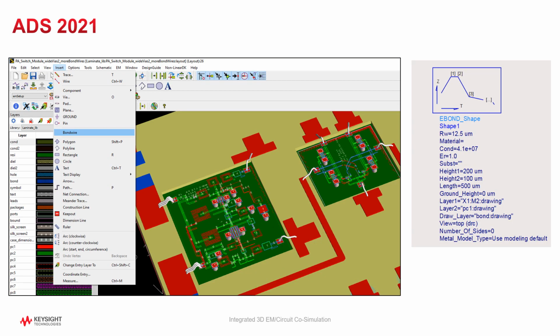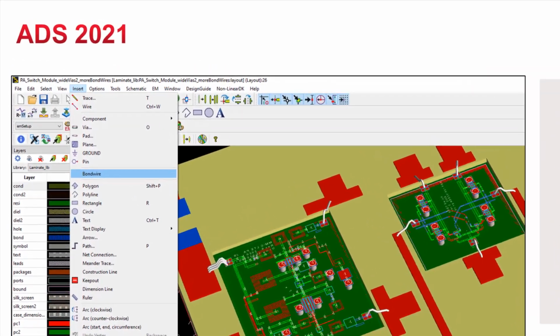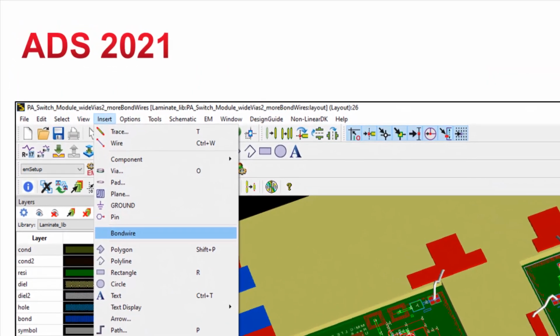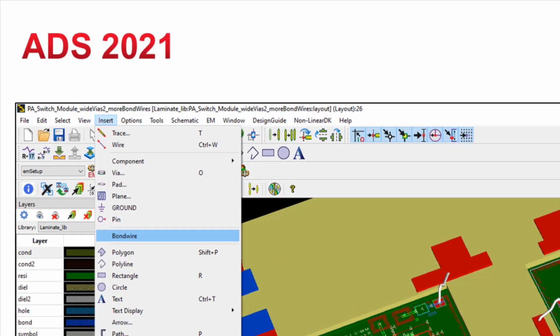Now, quickly, I want to mention some good information on the bond wires and solder bumps in ADS 2021 and the latest ADS 2021 Update 1. You see, in ADS 2021, and that is what I have used here in this webinar, the bond wires were placed from the ADS layout page by using the Insert Bond Wire pull-down menu in the layout page, as shown here.